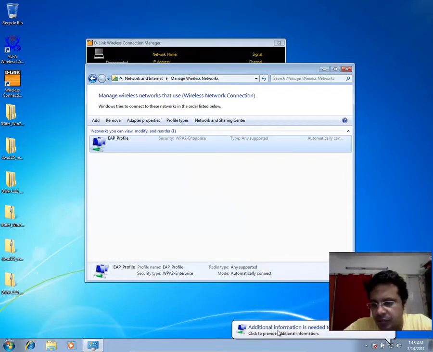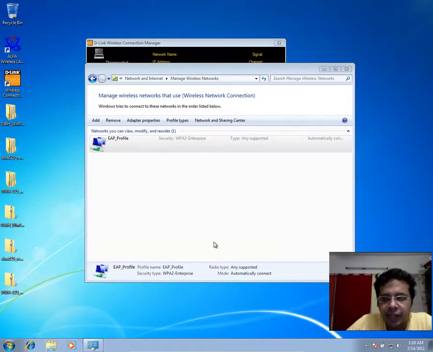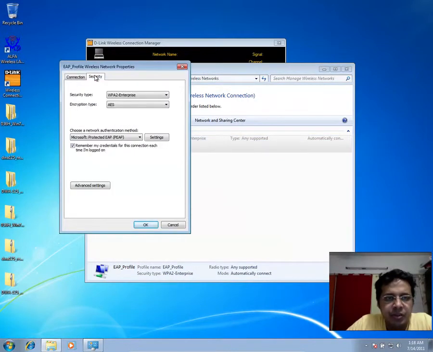So additional information needed, where you could actually enter. See, it's automatically connecting in the background. It won't probably work because the server is probably down, and the whole idea is not to really show you how to connect with a third-party utility, but something different. If you look at the security,